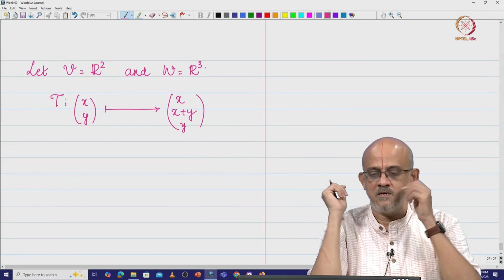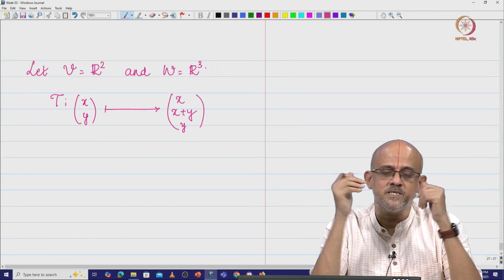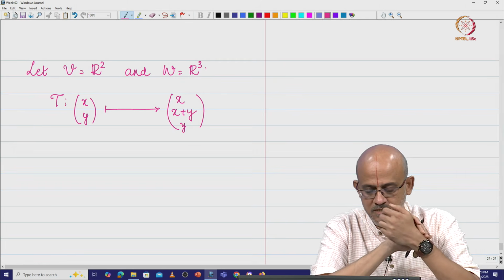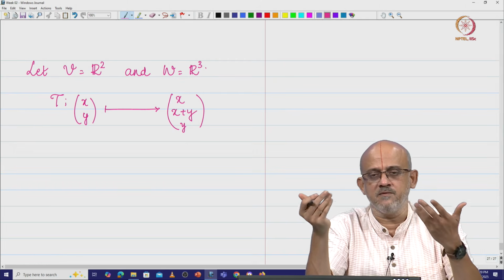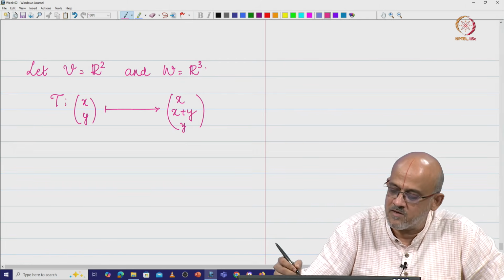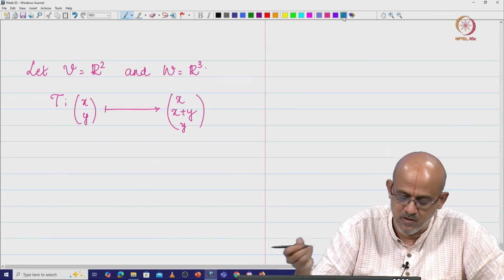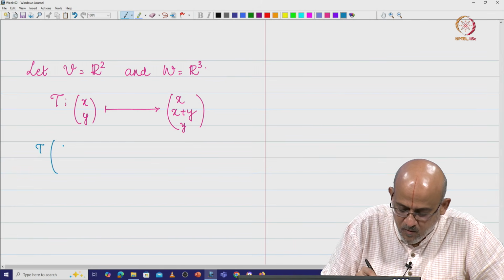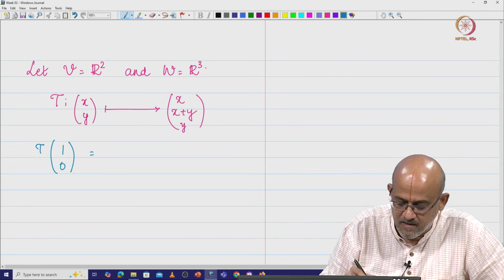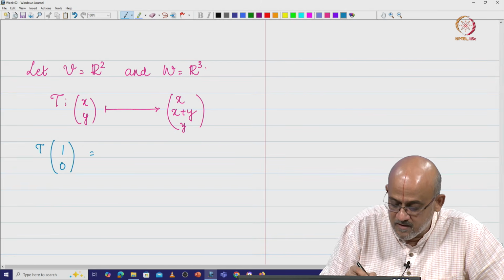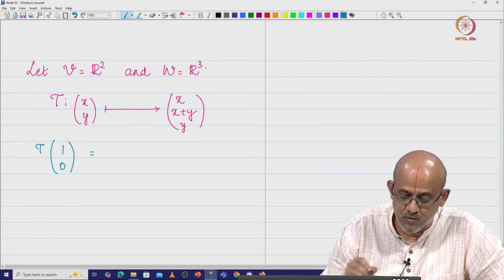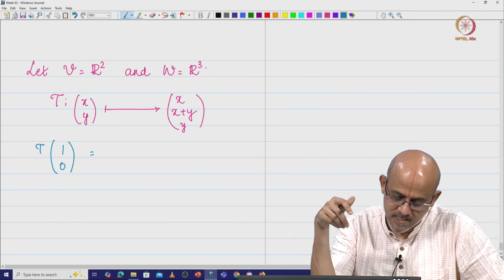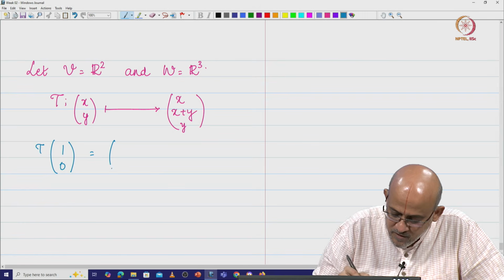I am going to do this mapping here. So, the question is what is the matrix that is associated with this particular transformation, and in turn we will look at something more. Can we find a matrix which does this transformation? Again we have the same business, let us look at what the transformation does to the vector (1, 0) of R2, which is basically one of the elements of the standard basis, is going to get mapped to this.